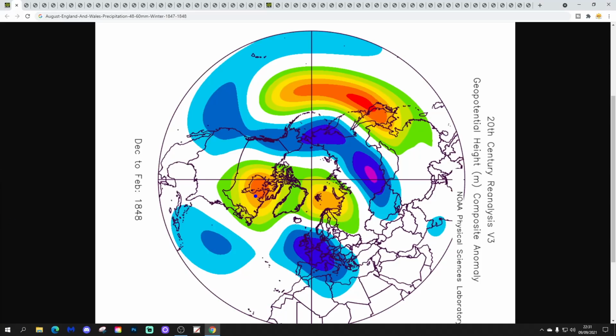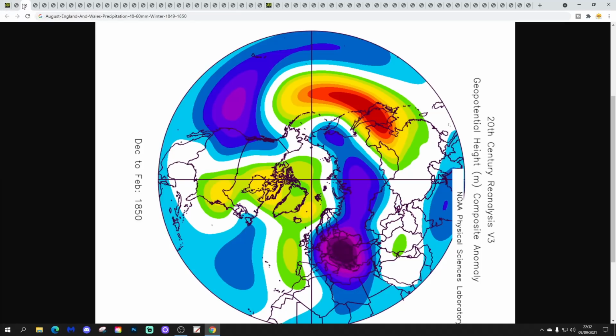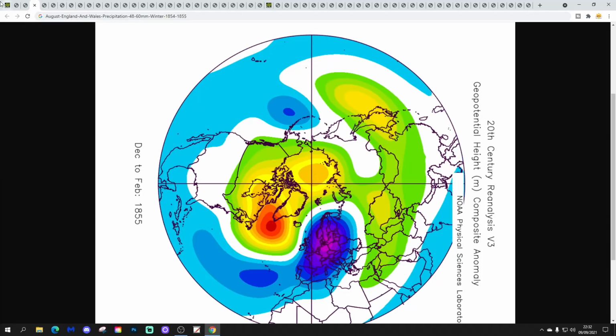Here we go then. So we begin with our first year, which is 1847-1848. This one again has high latitude blocking with below average heights across north and west Europe. It looks like it should be a cold winter, that, doesn't it? It looks like it should be pretty cold to start us off. Our next winter is 1849-1850. This one again with mid-Atlantic ridge extending back to some blocking to the north, below average heights to our east, and again winds coming in from a northerly, northeasterly direction. Cold snap potential with that one, if not a classic.